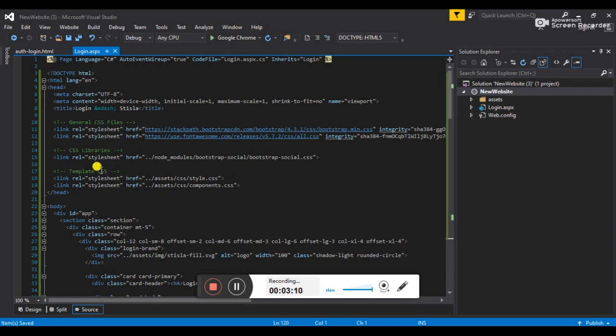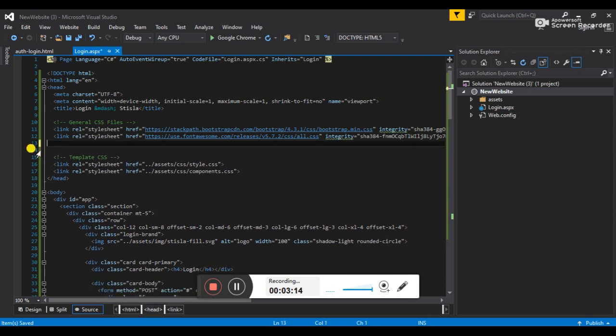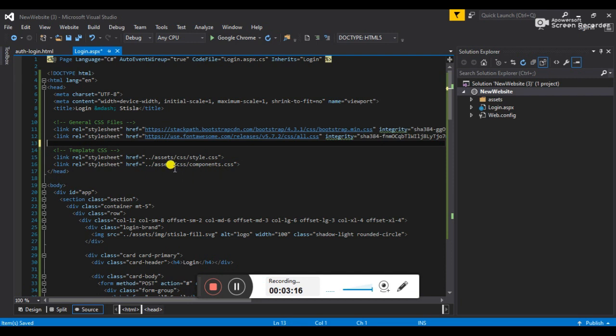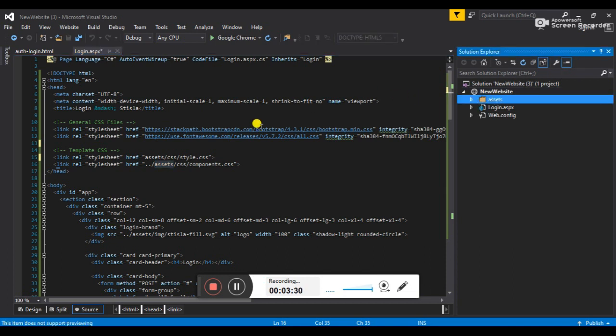First of all, I don't need this library. Then remove this dot and dash, because our folder is outside only. If the folder was inside any other folder, we would have to target which folder we want.